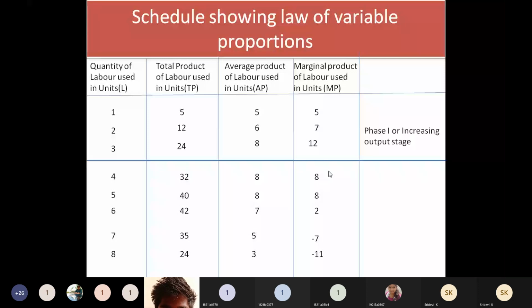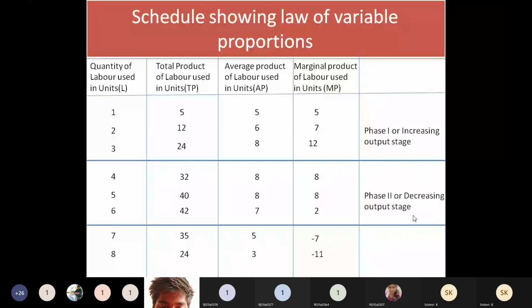And up to here, until the negative marginal output is reached, up to there we are going to take it as the second phase. So up to here, it is the second phase. In this phase, output is decreasing. Okay. So when we come to the third phase, here the output will be in the negative stage. Negative output you are going to get. So by identifying like this, up to where you want to increase the workers, it will be very clear to take a decision.